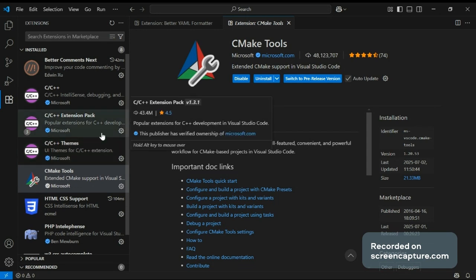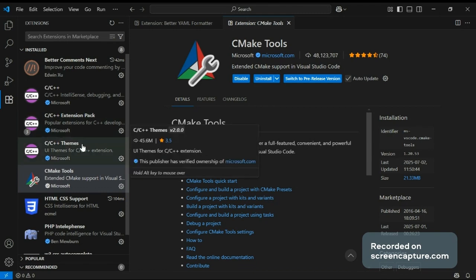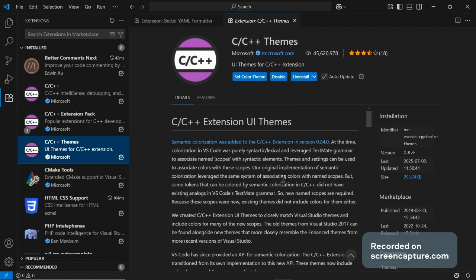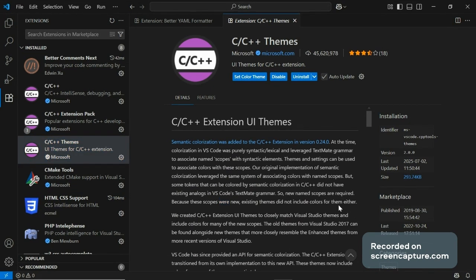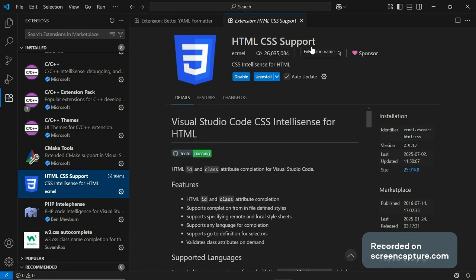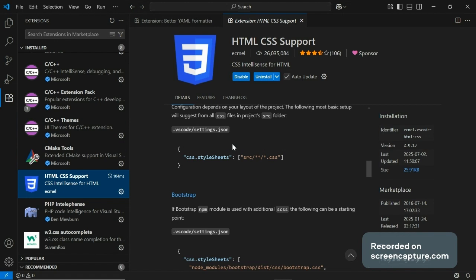I will tell you the truth. I have done desktop applications on Visual Studio Code, which is kind of weird, and I say weird because usually people use Visual Studio, not Visual Studio Code. But in my case, I use Visual Studio Code as much as I can because for me it is like saving resources. Also, I installed this HTML CSS support, which is like an autocomplete, but more than autocomplete, it is